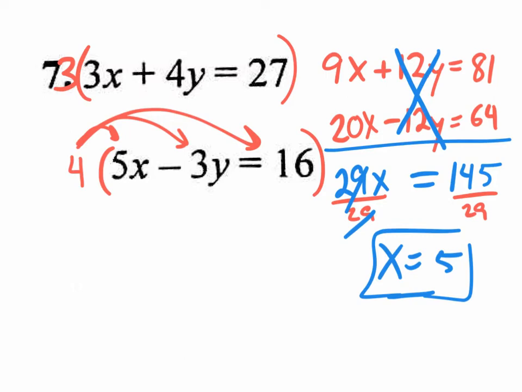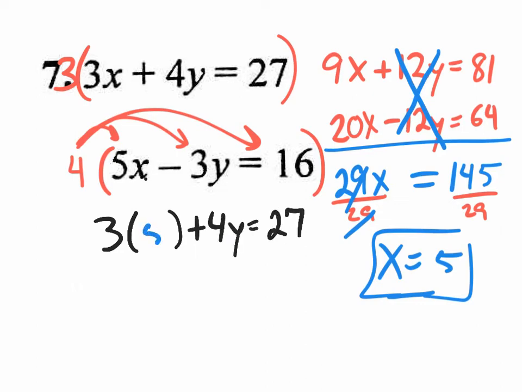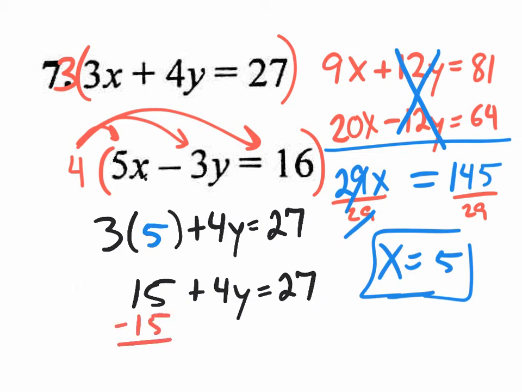Top equation reads 3x plus 4y equals 27. I'm going to put 3 times parentheses so I could plug in the 5. So let me rewrite the whole thing. 3 times parentheses plus 4y equals 27. And I'm plugging in the 5 right in there. And 3 times 5 is 15 plus 4y equals 27. I need to get rid of that 15. I'm going to subtract 15,